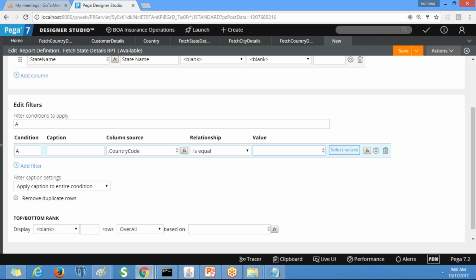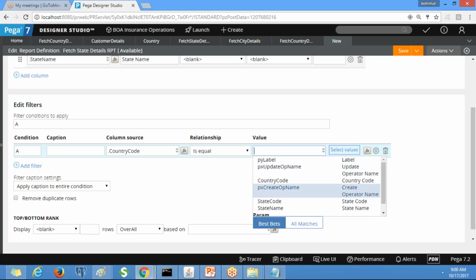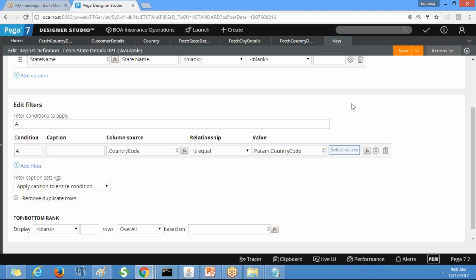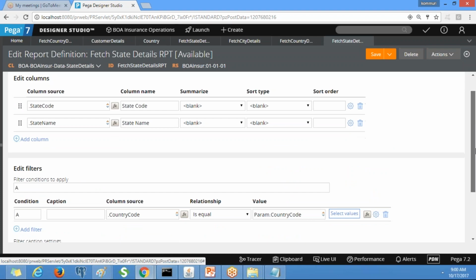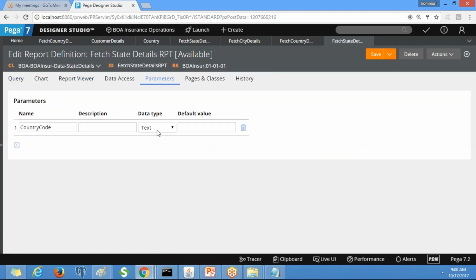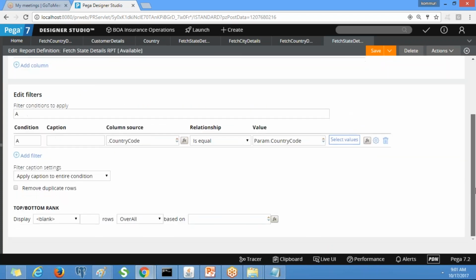You have to pass that, so we need to give that parameter here. In the activities we selected param dot country code, right? Same thing here, we need to select param dot country code. This is the data type, text.